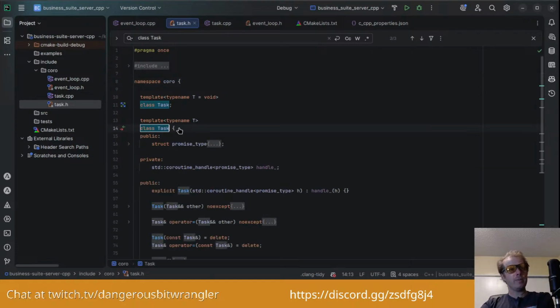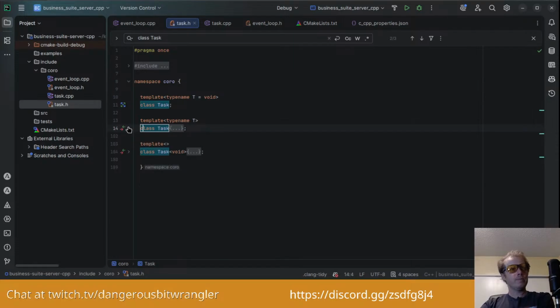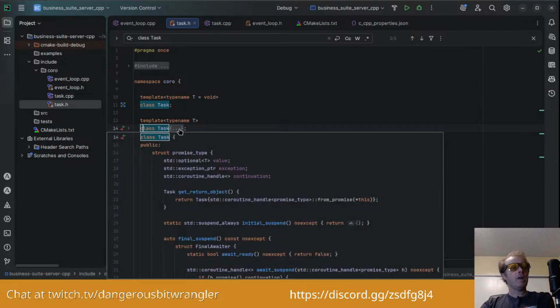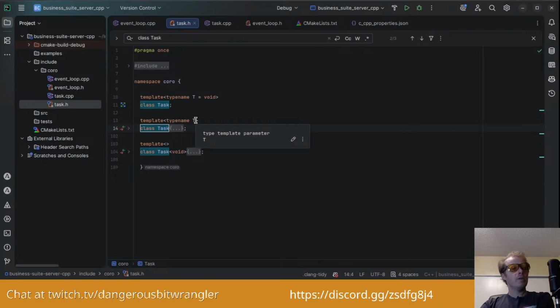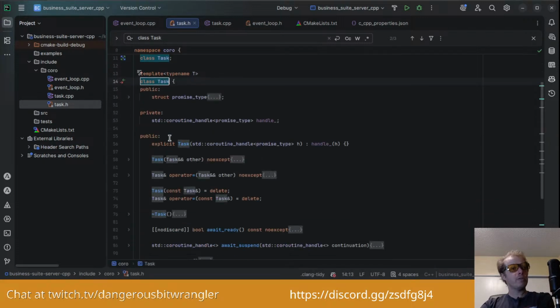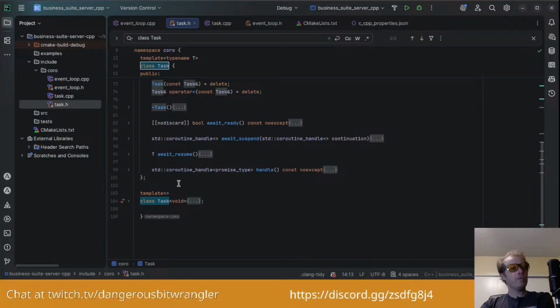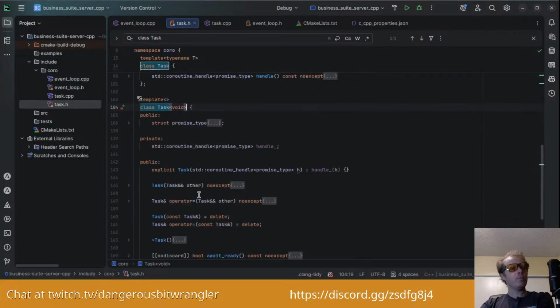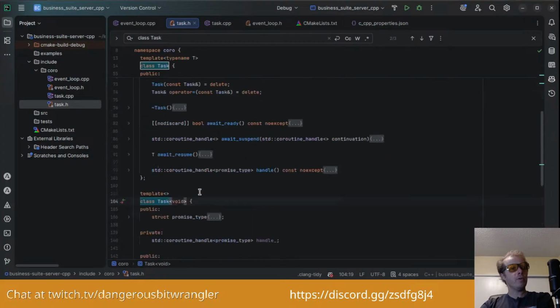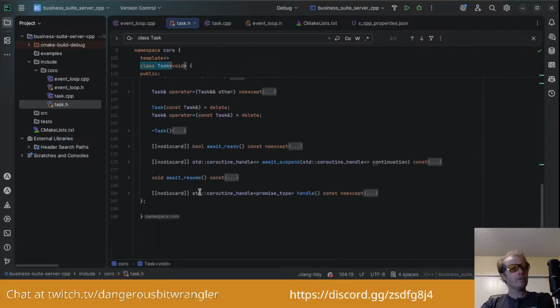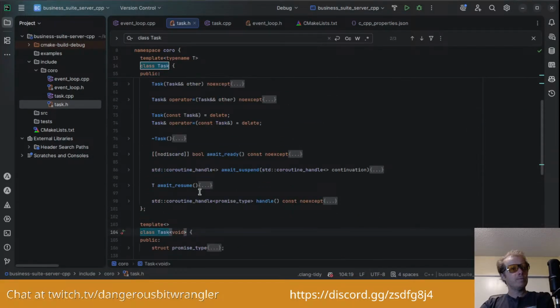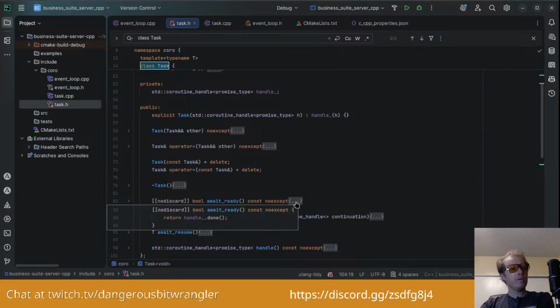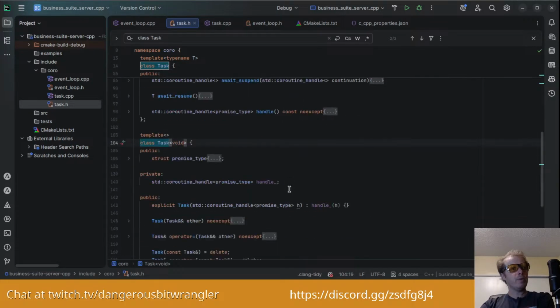That I understand. That makes sense. We then have a definition for a class task when a type is specified for the template. Then we use this class. If we don't specify a type, we use the other class. Now, I think all these classes are defining the same methods. The difference is just some of the typing.